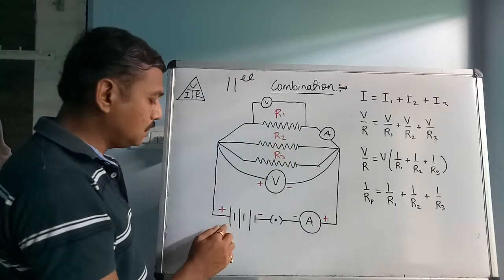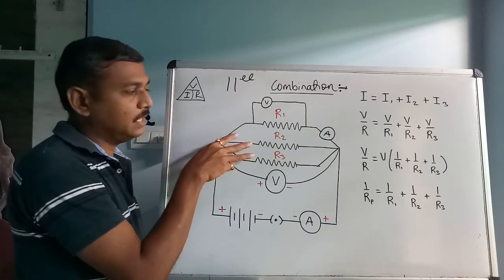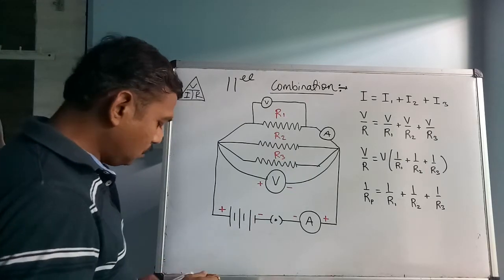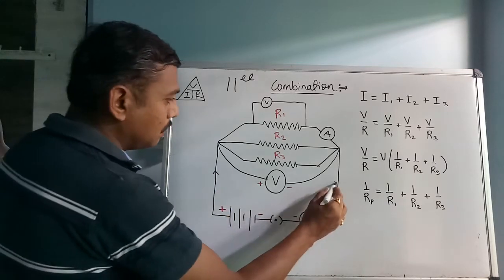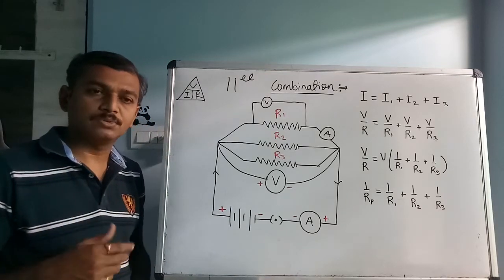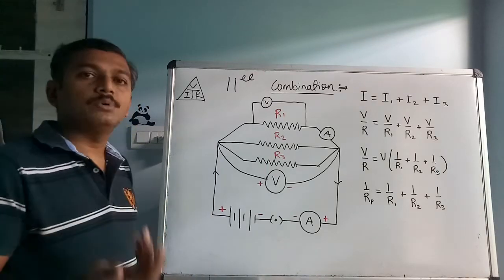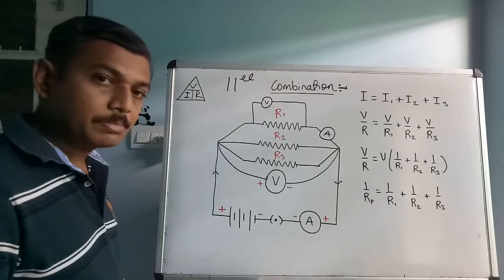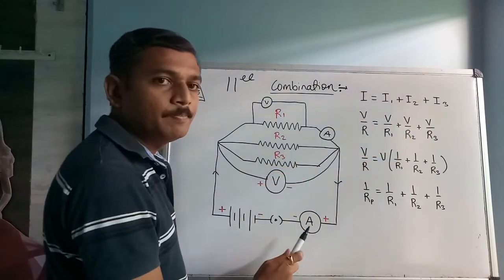It means when the current is moving from this side, the current gets split into three ways and then can be collected on the other side. Okay, so now after doing this experiment, as we did the experiment in series combination and we saw that the conclusion of the series combination was the addition of potential difference. But the conclusion of this experiment is the addition of current. It means you will be getting I is equal to I1 plus I2 plus I3.